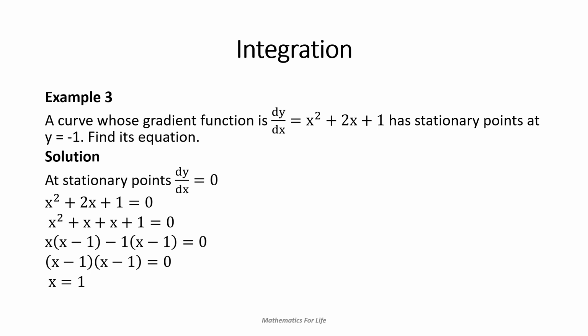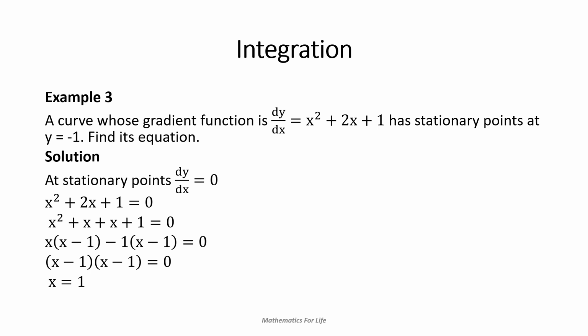Example number 3. A curve whose gradient function is dy/dx equal to x squared plus 2x plus 1 has stationary points at y equals -1. Find its equation. Now, obviously, in this particular question, just like for the first 2 examples that you've done, we'll need to determine the general equation of the curve, and use the additional information that you've been provided to find the exact value of the arbitrary constant c, and be able to write the correct actual equation